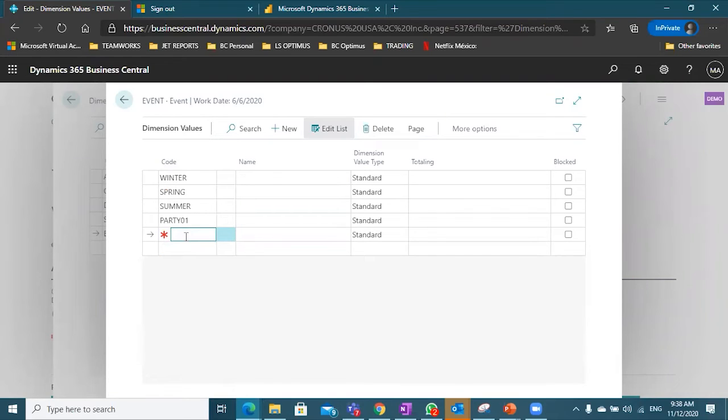Or maybe I'm going to have teens, another event that I'm going to create, okay? So all of these dimensions will be then useful now to be used, and we need to add the value that is called standard. This is very important to learn, because this is how we are going to make Business